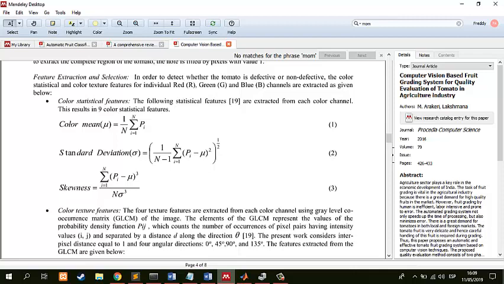This is a color aesthetical feature. Also we have the standard deviation and the skewness. But the first step that I did was get the color mean, in order to detect if, in my case, the lemon fruit is mature or green. In this paper